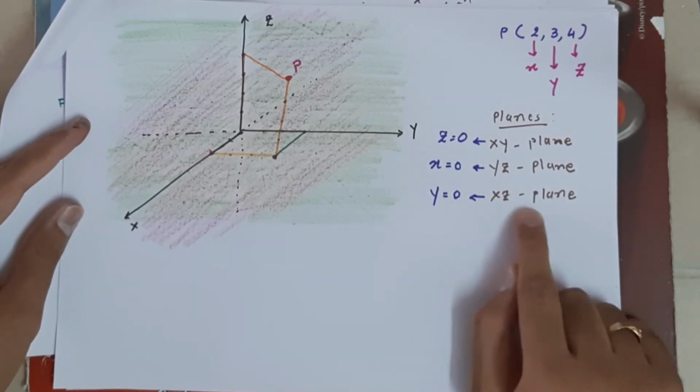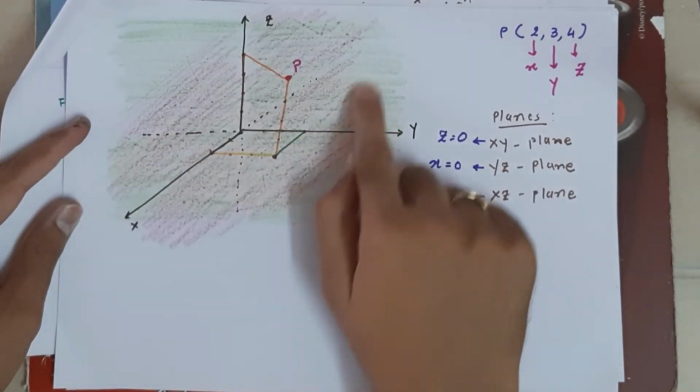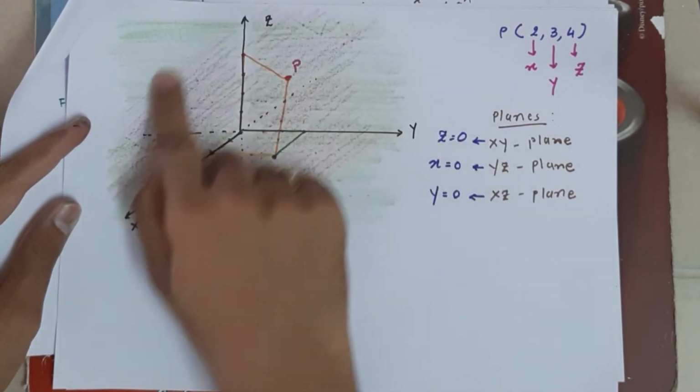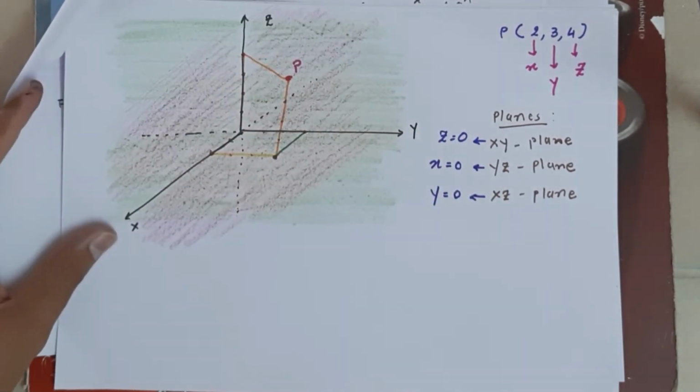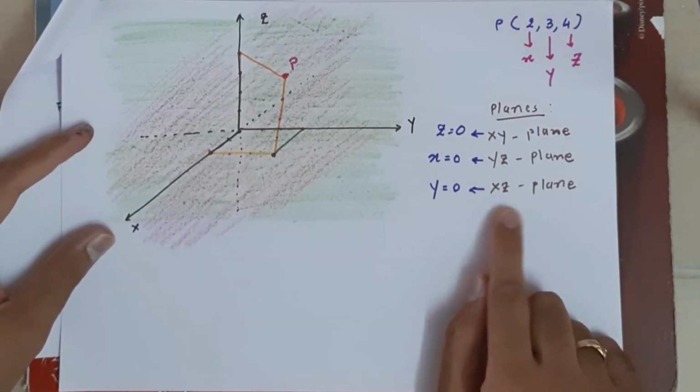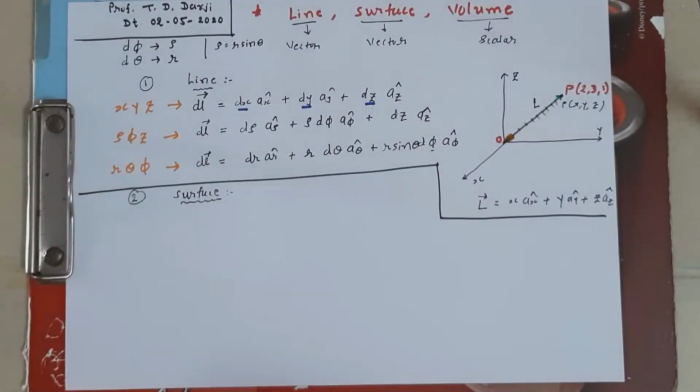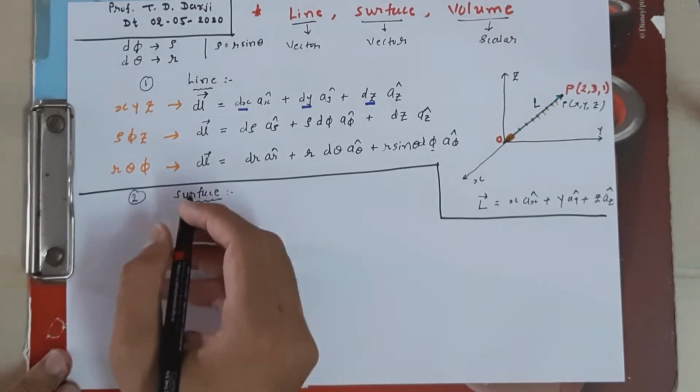Next surface is the XZ plane or XZ surface. So what is the direction of the XZ surface? Y direction is the direction of the XZ surface. Okay, so the surface direction is always perpendicular to that. Now, based on this concept I have to write the equation of surface, and surface is also a